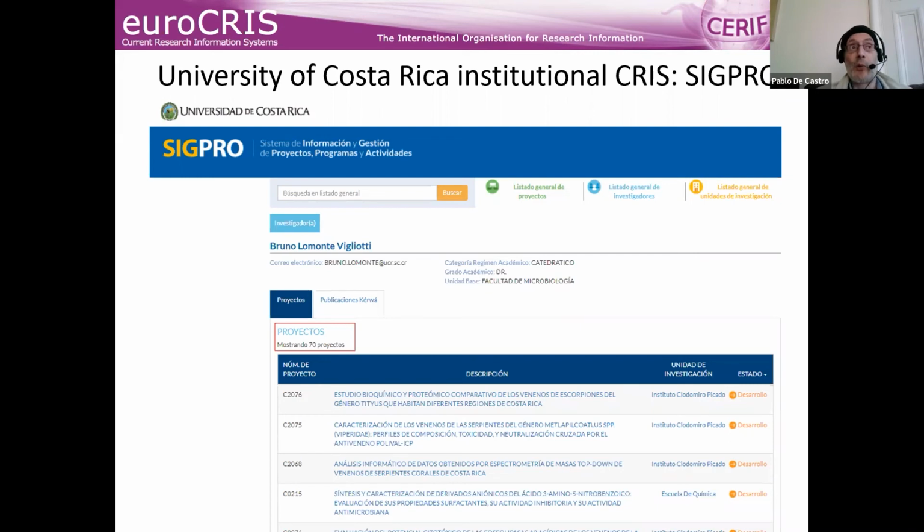So if you remember, we had 161 projects on the Dimensions snapshot, the global one. We have 70 of them for just one researcher in Costa Rica. It's, again, a safe bet that the global snapshot collected from the global north is not accurately collecting the information